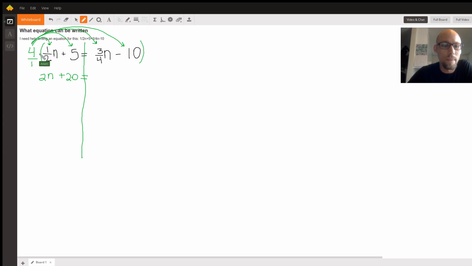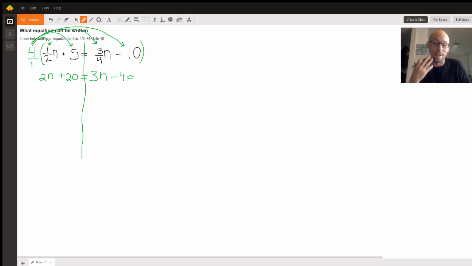Equal sign. If we multiply over here, I know that this 4 is going to cancel with this 4 because 4 divided by 4 is 1. Those will cancel. 3 over 1 is just 3. 3n. If you wanted to, you could say 4 times 3 is 12, 12 divided by 4 is 3. Same thing. Minus 4 times 10 is 40. Boom. Now we have an equation